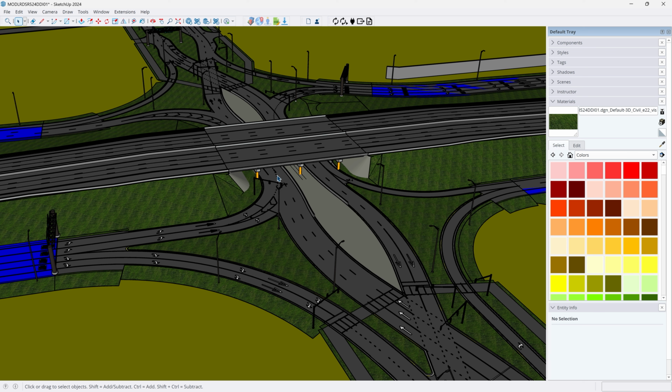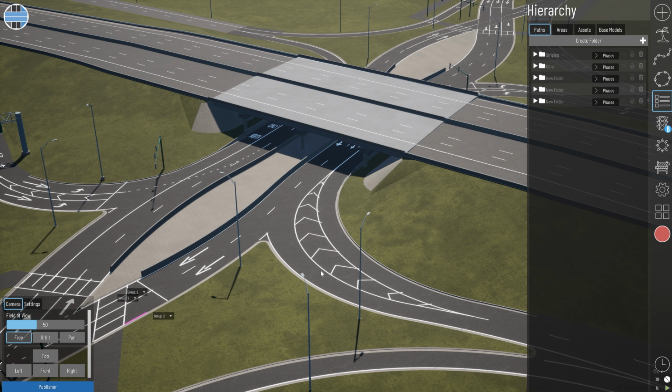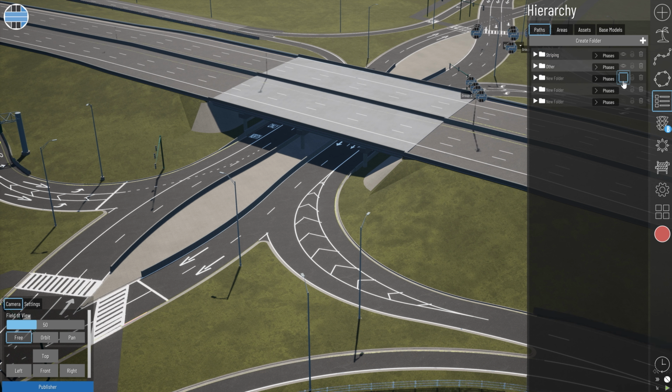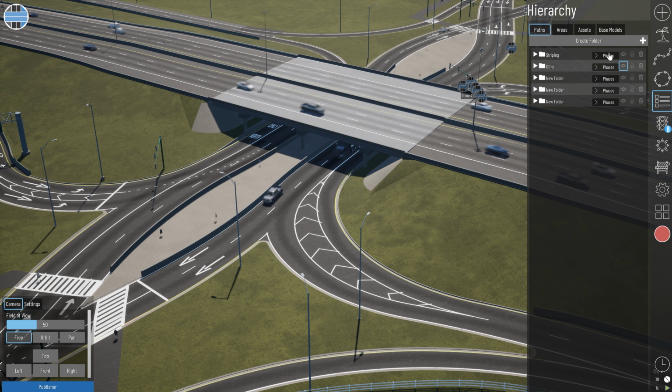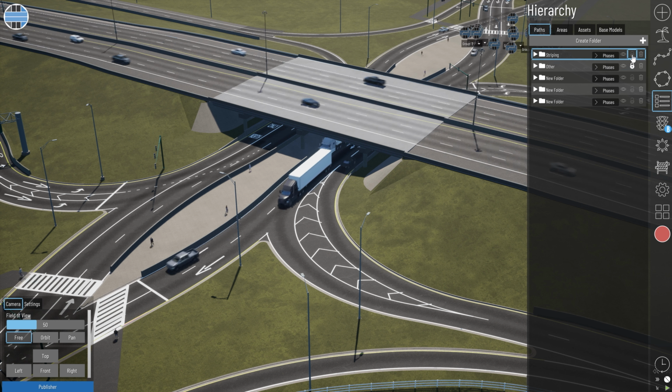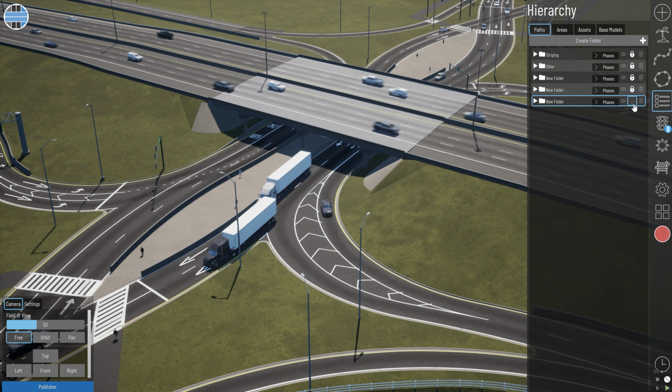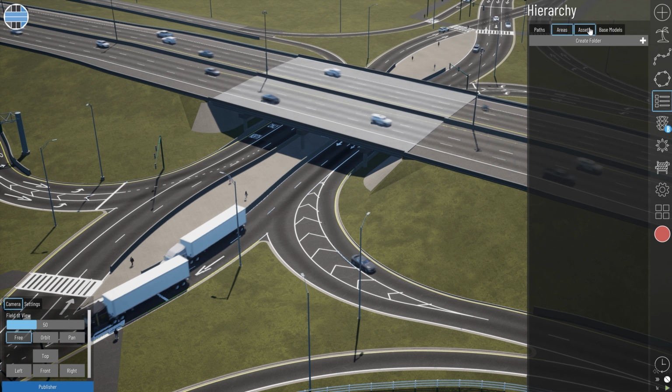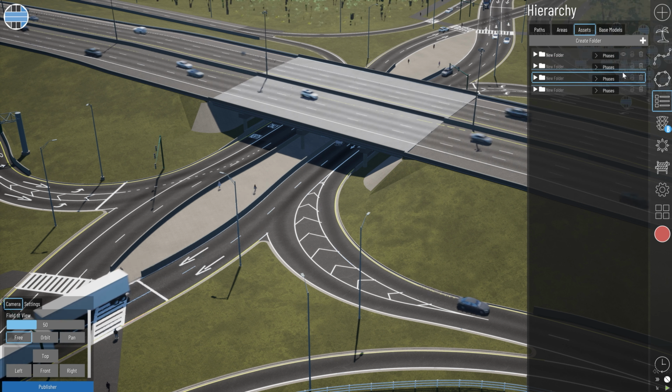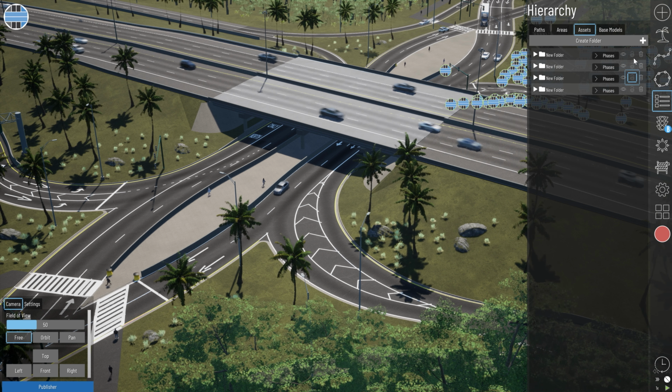And so the goal with Civil Engine is you need a base model, you need to export it from wherever the 3D modeling software is that you're using, and then you need to bring it into Civil Engine, where you apply our photorealistic materials from our material library, and then you place assets using the path system, the area system, our 3D asset library, and so on. That is Civil Engine in a nutshell, and that's why base modeling is so essential to get right, because if you can't get your base model to import correctly, then you're not going to get very far as part of